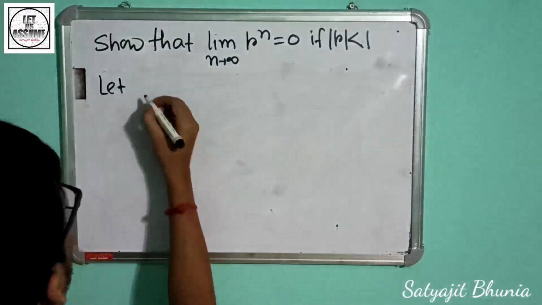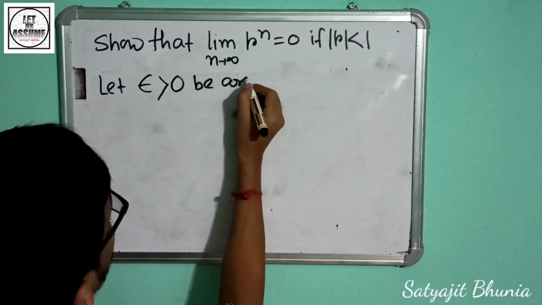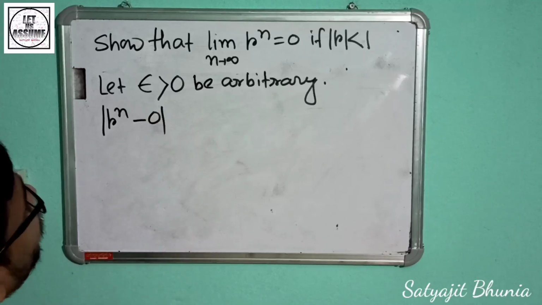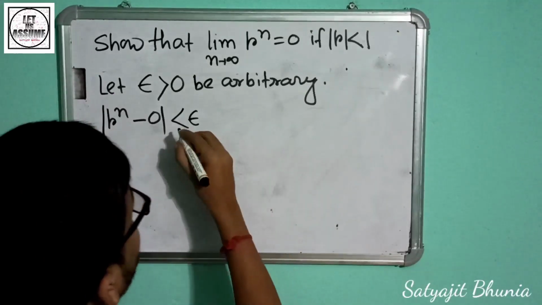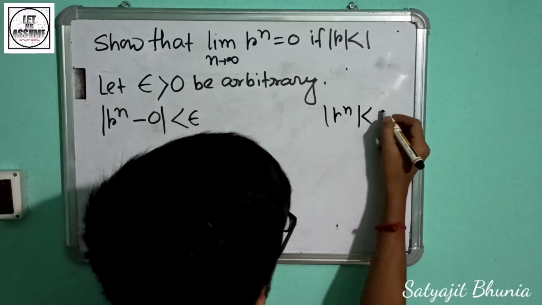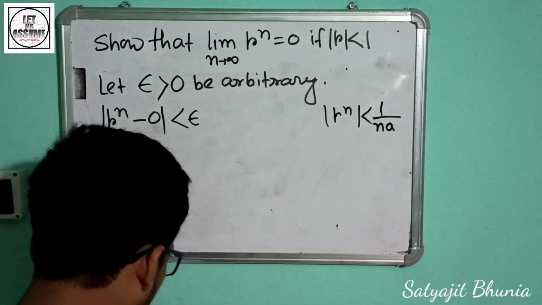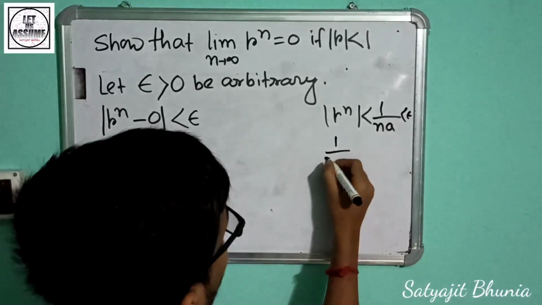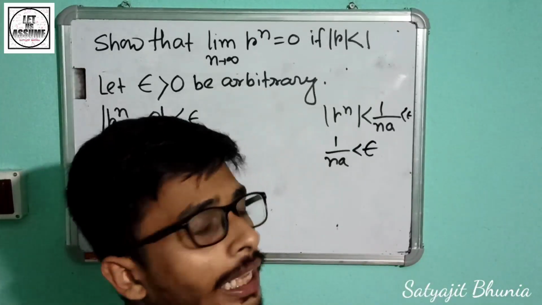Next, let epsilon greater than 0 be arbitrary. Then mod of rn minus 0 less than epsilon কখন হবে, কিভাবে বের করাবো? mod of rn টা 1/na এর থেকে ছোট, আবার এইটা epsilon এর থেকে ছোট হবে, তাহলে এইখান থেকে আমরা বের করতে পারি 1/na is less than epsilon,